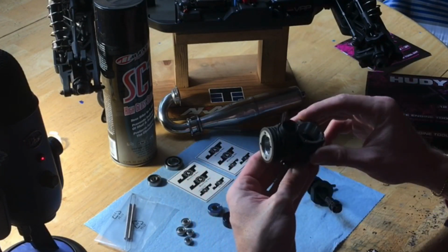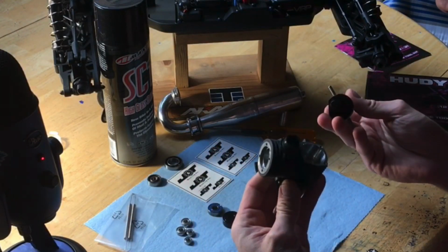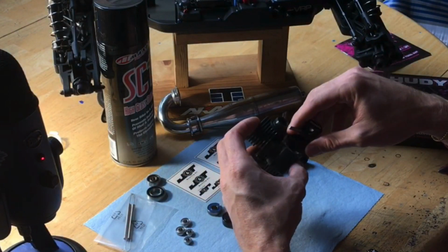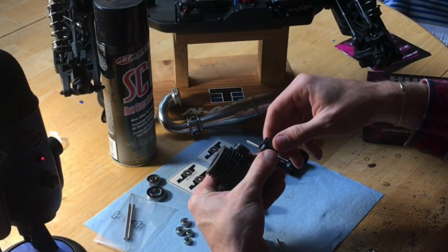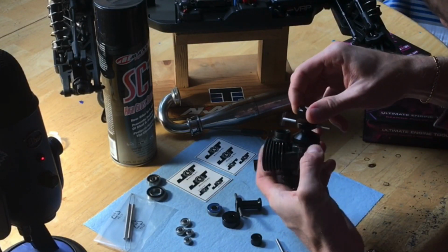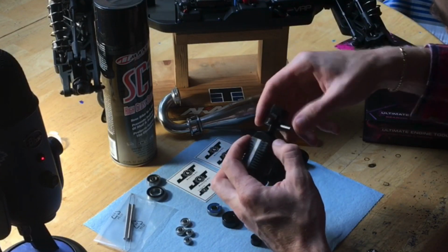Okay. So now this next one's a little trickier, but it's not bad. You take this one and you go the opposite direction of these arrows, and then you stick that collet in there on the inside race, so it's going to basically go like this on the inside race of that bearing that's in there. You stick it in that inside race, make sure it's seated down real good on that inside race, and then go ahead and tighten down your screw here all the way snug. Once that's snug, screw this large one to where it's flush with that,